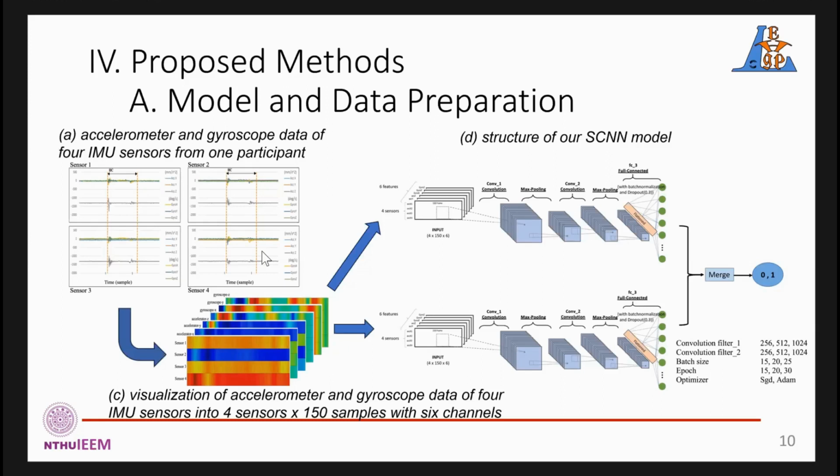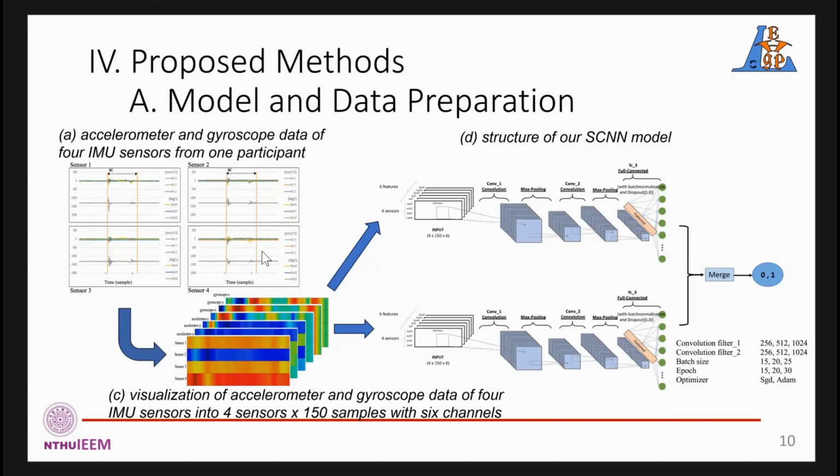rearrange the data into the 4 sensors times the 115 samples with the 6 channels. These 6 channels are the 3-axis accelerometer and 3-axis gyroscope data. Then we put it into our SCNN model. For the SCNN model, the hyperparameters are around here. So that's just a relatively simple model for our